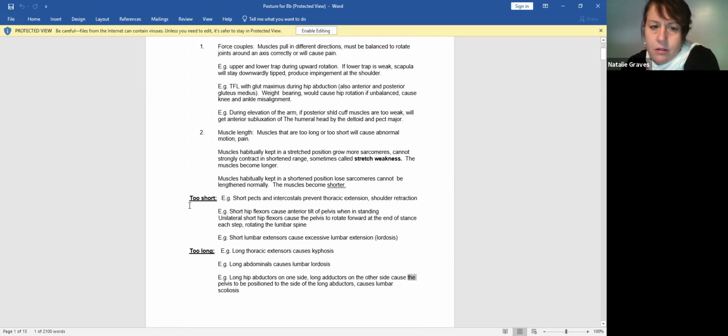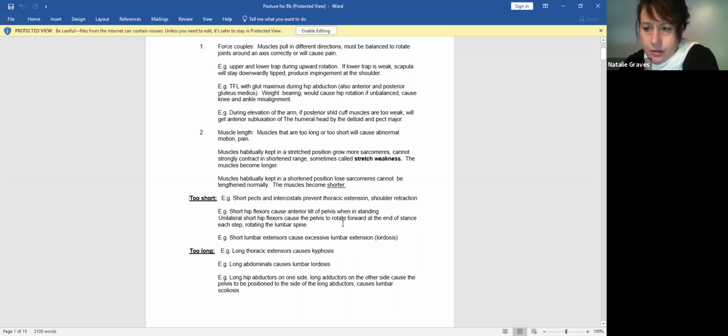So some examples here, if the muscles are too short, if you have short pectoralis and intercostals, the intercostals being the ones that are attaching to the ribs, if those are too short, they can prevent the thoracic spine from extending, and we can get too much shoulder retraction. If the hip flexors are too short, this can cause anterior pelvic tilting in standing,